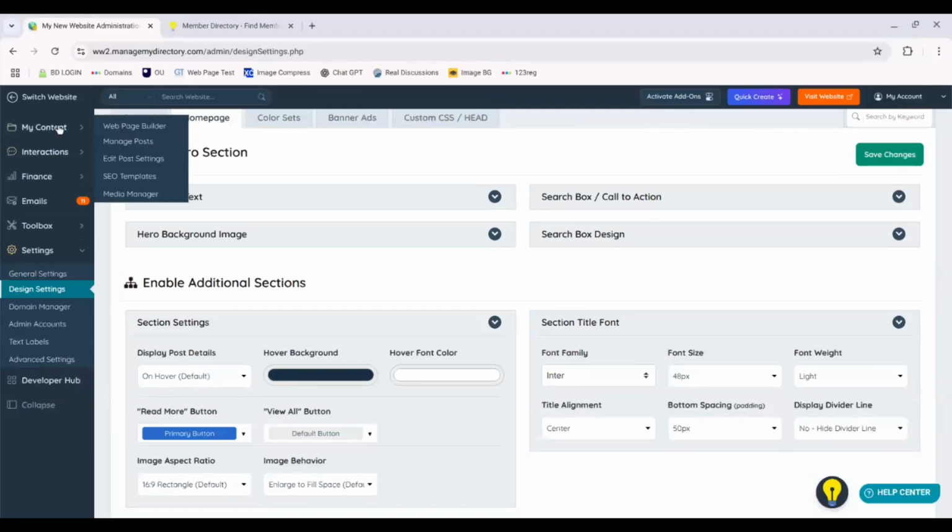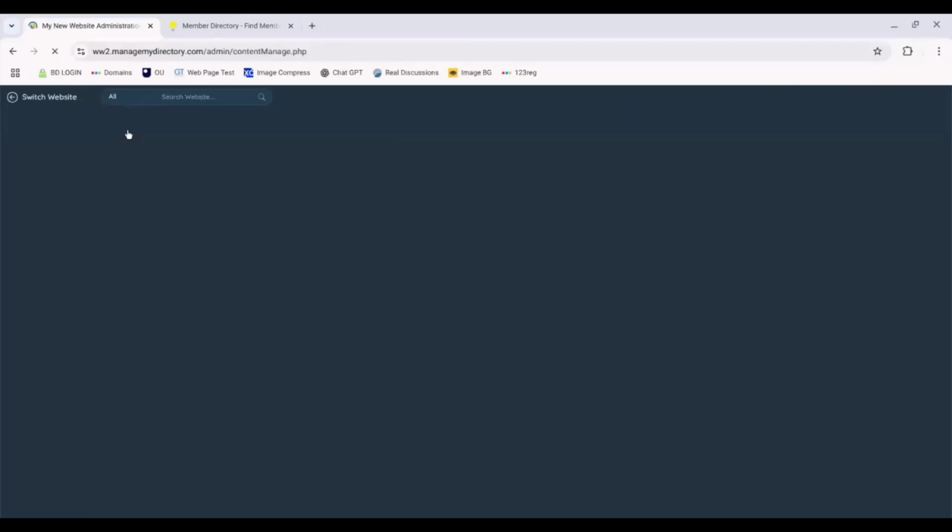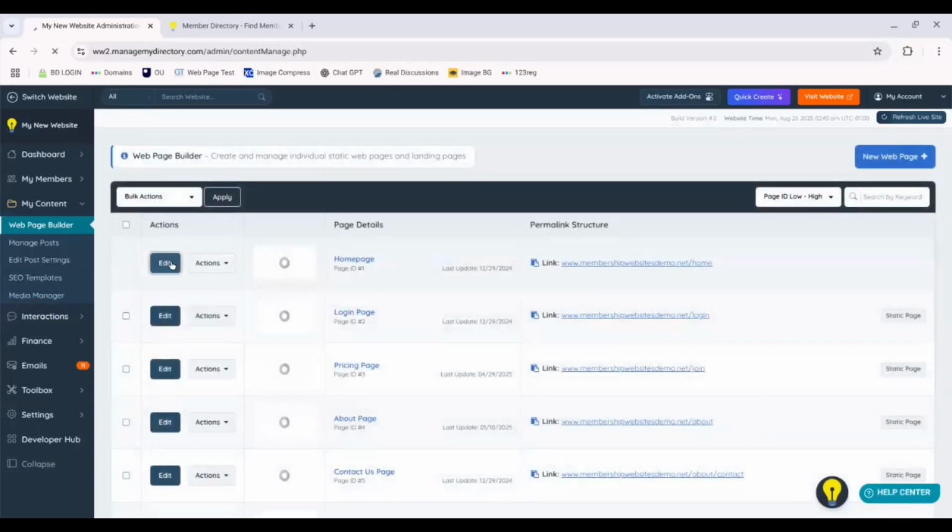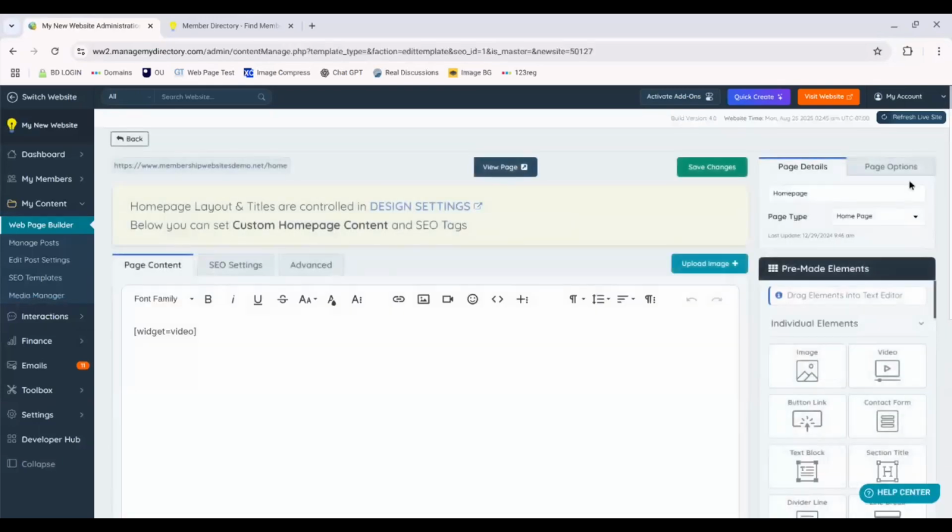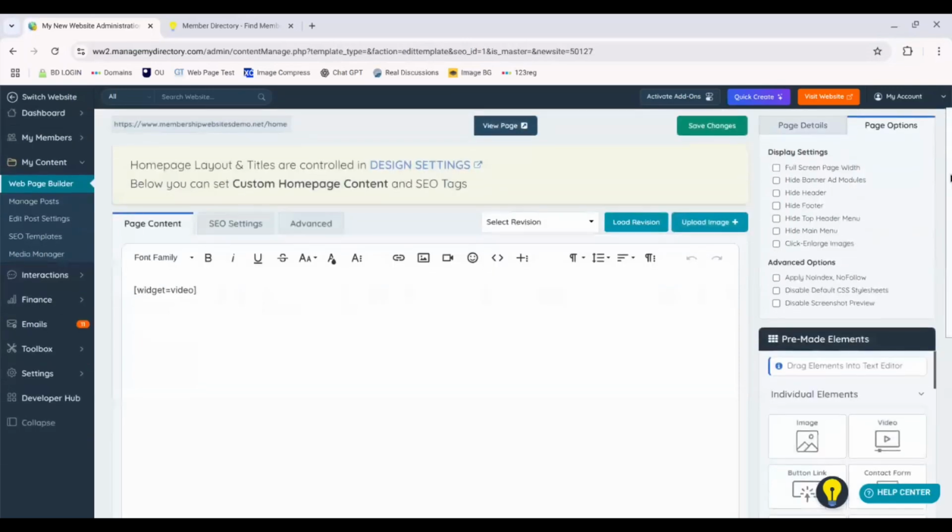However, there may be elements that you want to change that aren't available just in here. And you can go to the web page builder and back to the home page. And if you click on edit, for example, quite often when I do websites with people, I will hide the header and I might even hide the footer. We're going to hide the top header menu and the main menu, and we want to click and make sure that that's enabled to enlarge any images that are displayed on the home page. Everything else we're going to